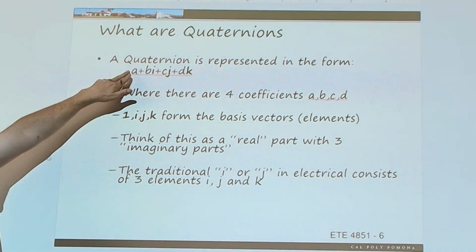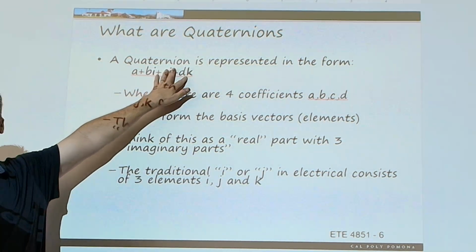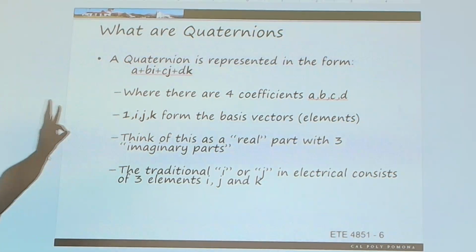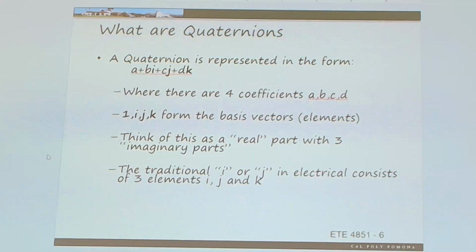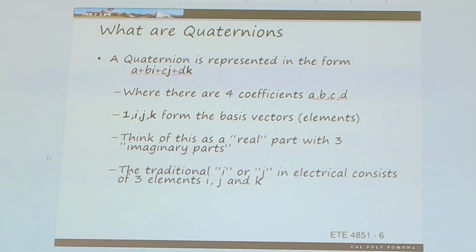So think of this as the real value, and these are my imaginary values, defined in three different quadrants. But here's the really cool thing. I can define each one of those as a rotation axis almost. So I almost want to think about it. So when we look at this i, j, and k,